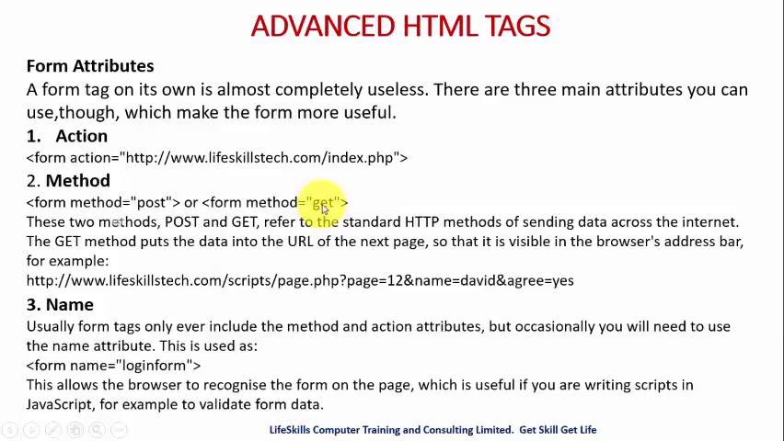But there are some data that are not too sensitive that you want to quickly capture from your form. So in times like that, we use get. So that is the difference between them. Look at this, for example,